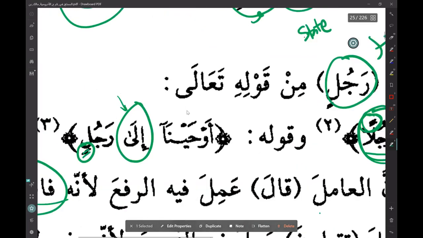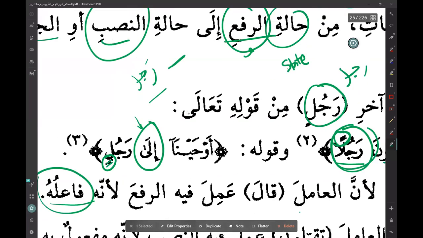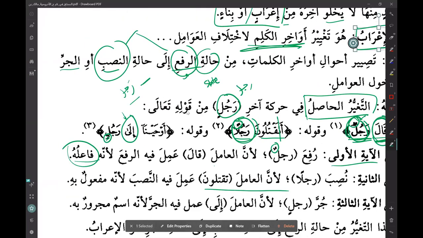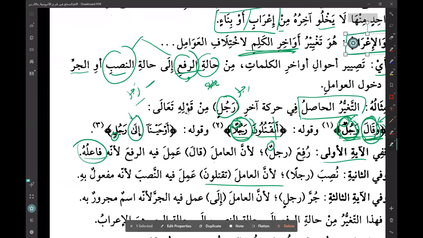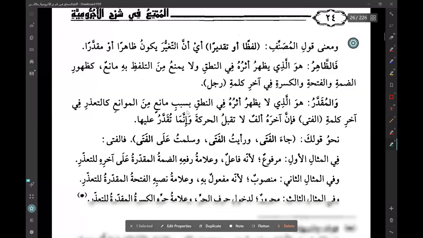Remember, when you have something just by itself, it's just a word. There's nothing. Whatever comes, that worker will have an impact on that. And then if the word changes, this is what? Mu'rab. And if it doesn't change, then it is mabni. And I think the author of this book will explain the mabni. Now,